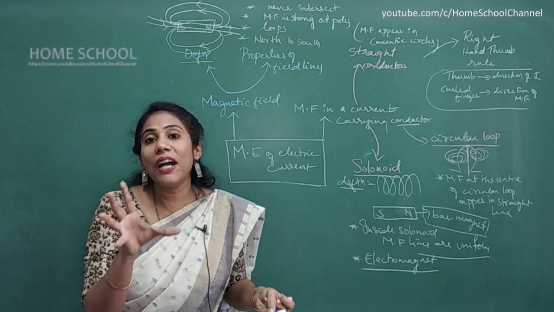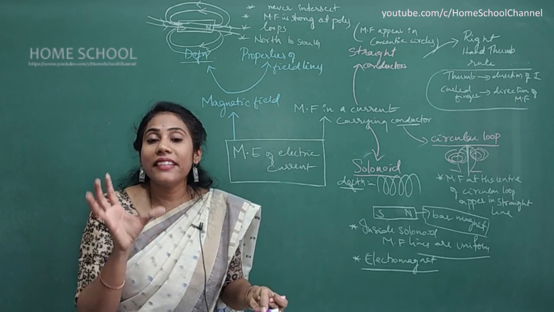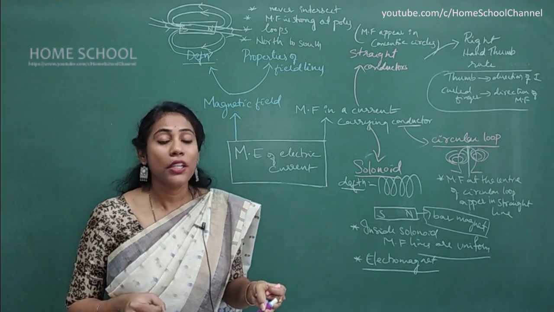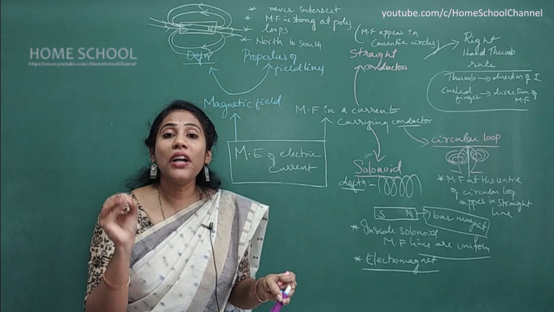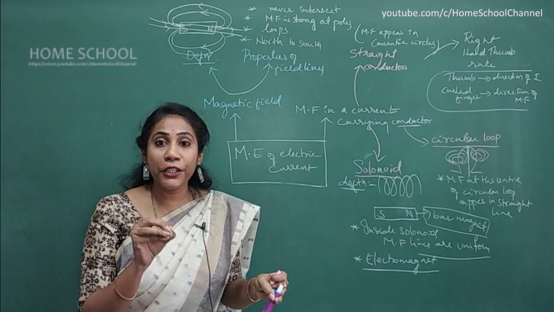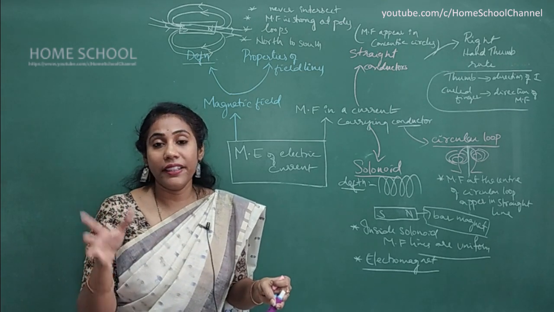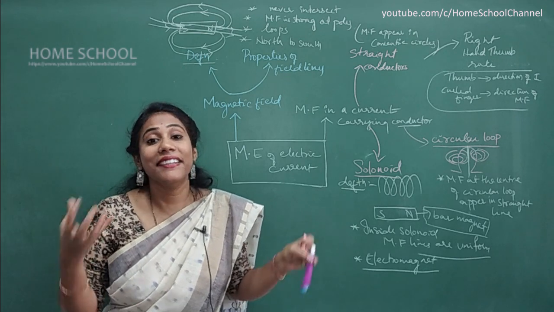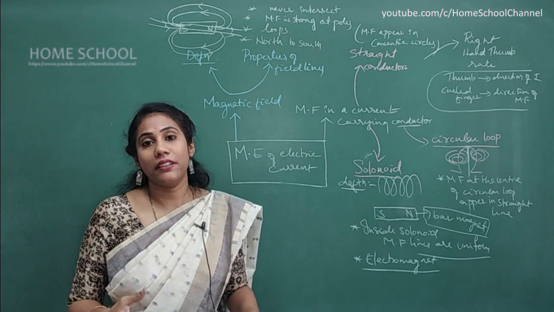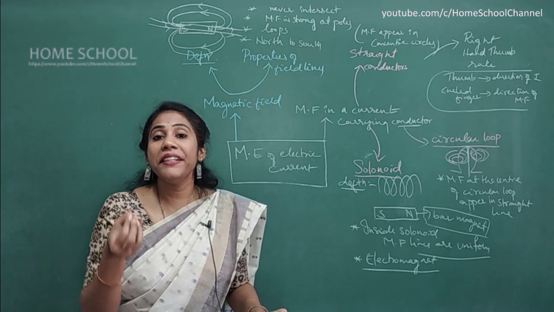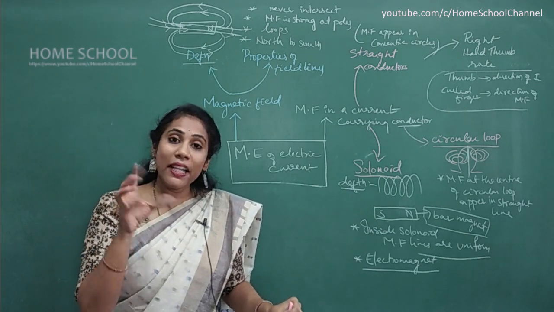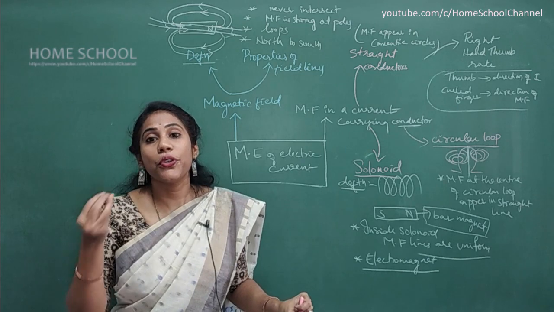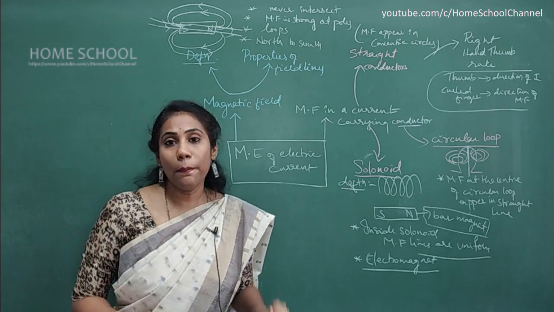Okay, it will have a magnetic character and that is called an electromagnet. So what is the definition of electromagnet here? When a soft iron is introduced in a solenoid, it becomes a magnet and that is called an electromagnet. Soft iron when introduced in a solenoid, that is a coiled structure, becomes magnetic in nature. So that is called an electromagnet.